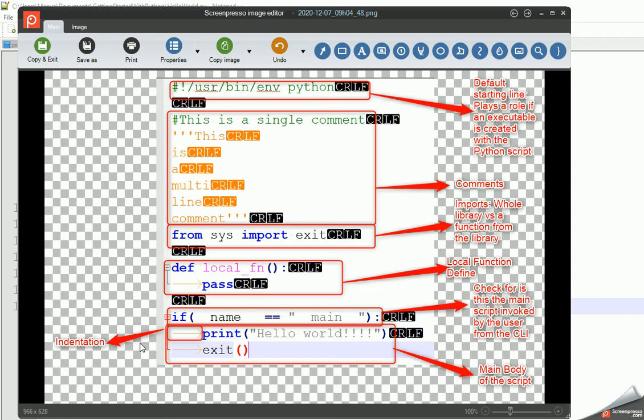Unlike other languages where brackets are often used to limit the scope of a particular function or particular segment of the code, here in Python we use indentation. Therefore, it is important that if a particular segment of the code falls under the same scope, the indentation should be the same.